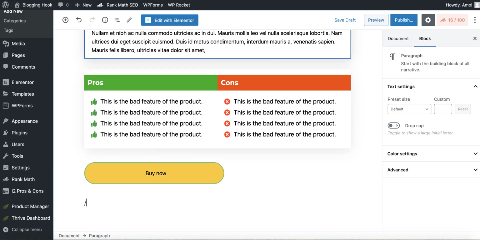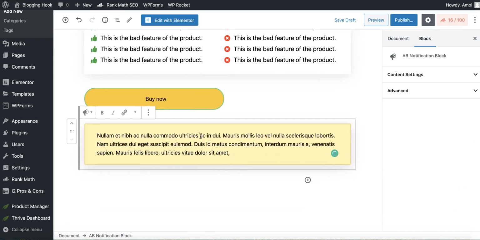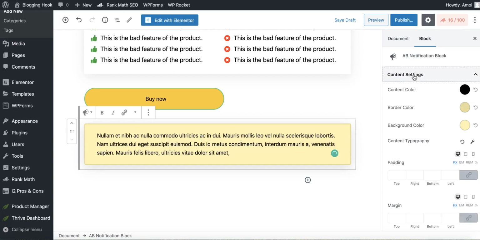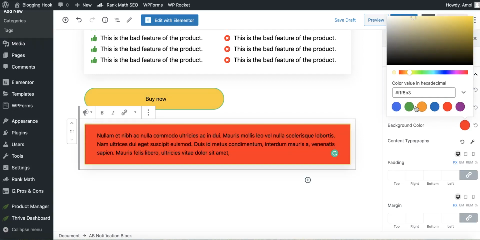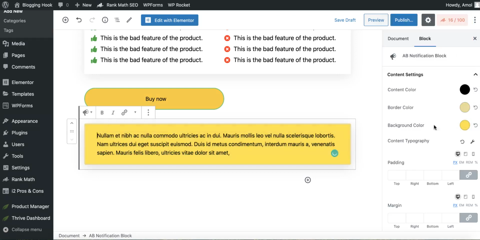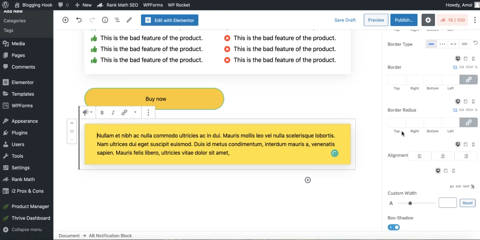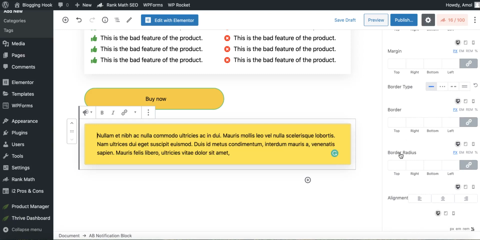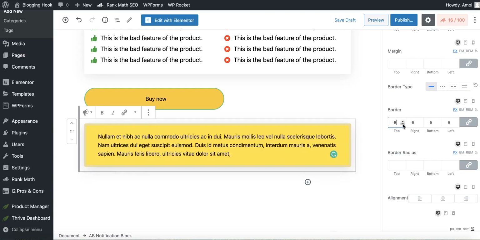Now let's move to the next block. Next would be the notification block. So this is a simple notification block. If you want to give any notification, you can simply give it like this. But here again we have given all of the features where you can change the colors, whatever colors you want. Just play with this and you can change the color, border color, content color, padding, size, everything is there. You want to make the border thicker, just give it a size 4, 5, 10 or whatever you want. You can see the border is thickening. So this is the feature.